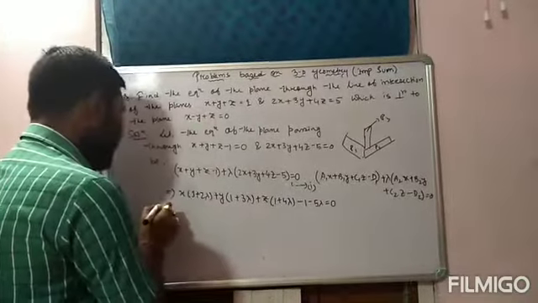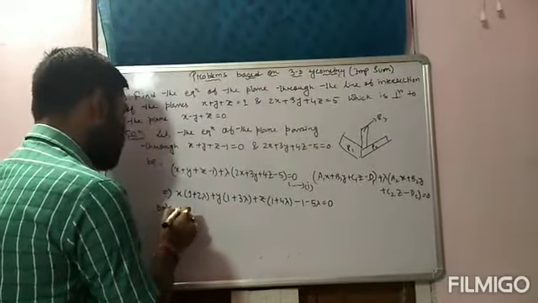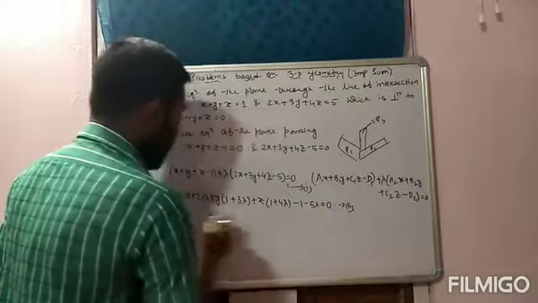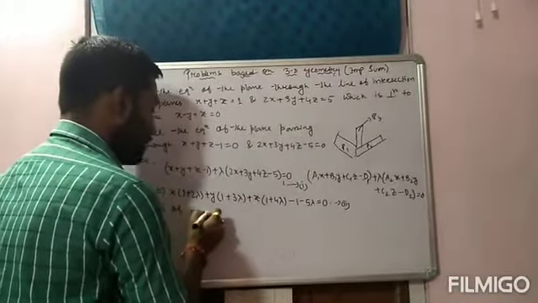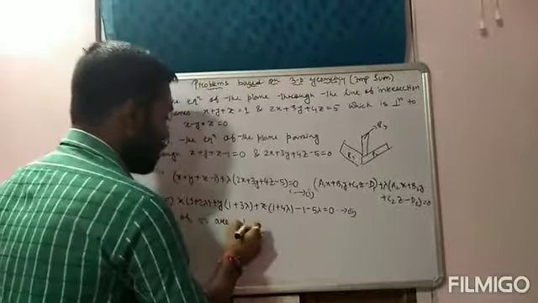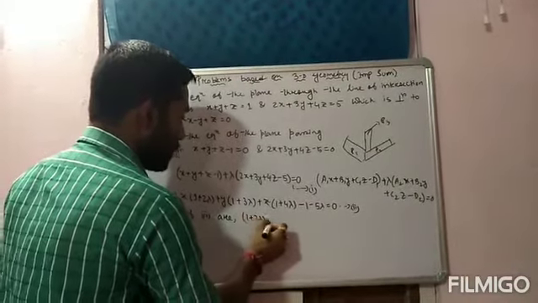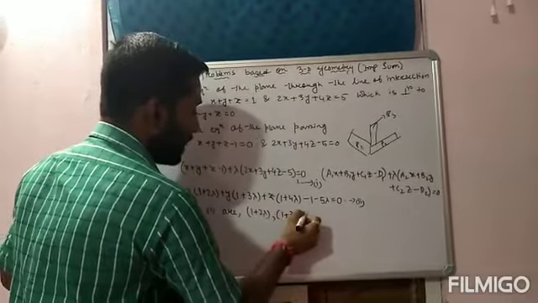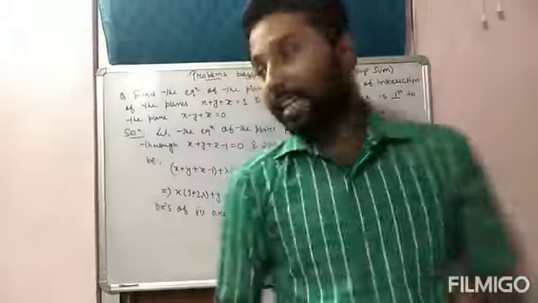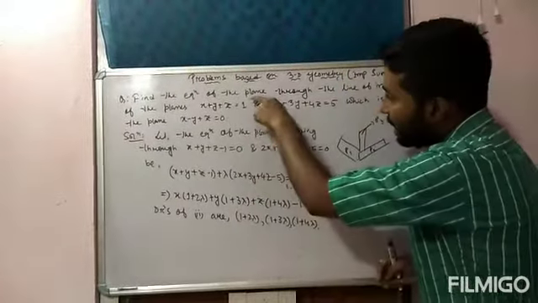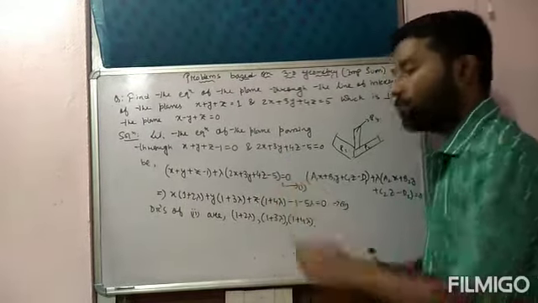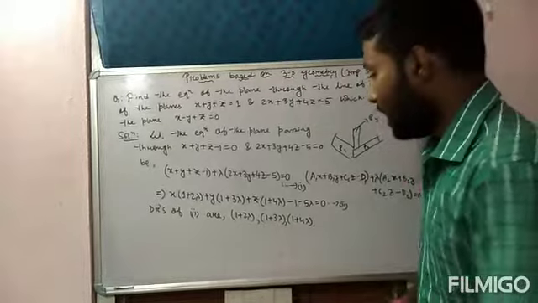So clearly we can say that the direction ratios of, this is say equation number 2, direction ratios of equation 2 are: coefficient of x 1 plus 2 lambda, 1 plus 3 lambda and 1 plus 4 lambda. These are the direction ratios of the second equation. Second equation means जो plane का equation find out करना है वही. Okay, actually equation 1 से ही equation 2 मिला, that is arrange करके.